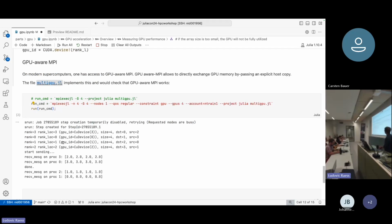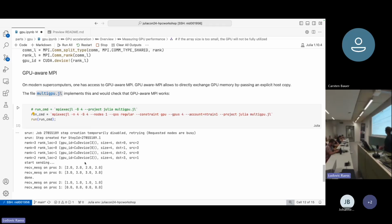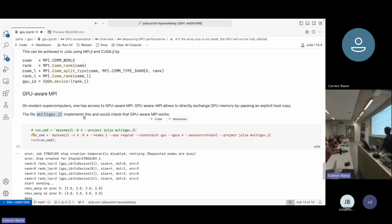And I had a little example that I also put on the GitHub where you can run a script that implements that, and it would return, on 4, that's on Perlmutter, so 4 MPI ranks. The local ranks here are the same as the global rank since I'm only on one node, and then I query the device. And just this part here is also, as I said, what's called GPU over MPI, which is also enabled on Perlmutter, that our MPI code,